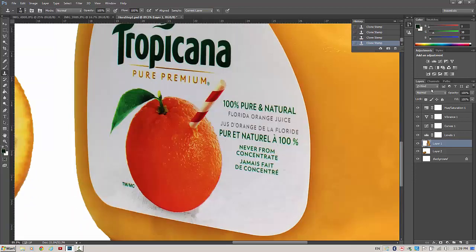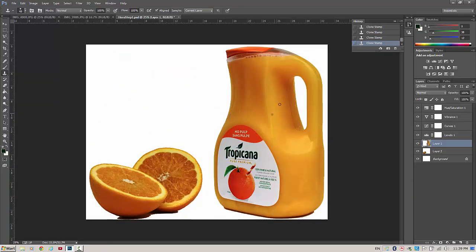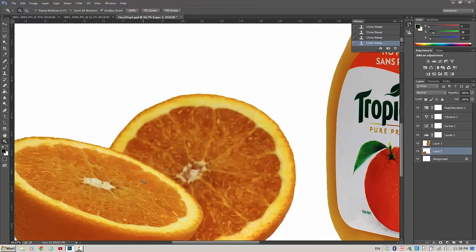So here we have some of the changes that we've made. I'm going to zoom out for a second. We do still need to do some more changes, and I need to go back in and work on that. But one more thing I want to show you is how you can use a white background to brighten up an area. Let's take a look at the orange rinds here. I'm going to click on layer 2, which is my oranges. I'm going to go over here to my zoom tool and I'm going to come in really close to this